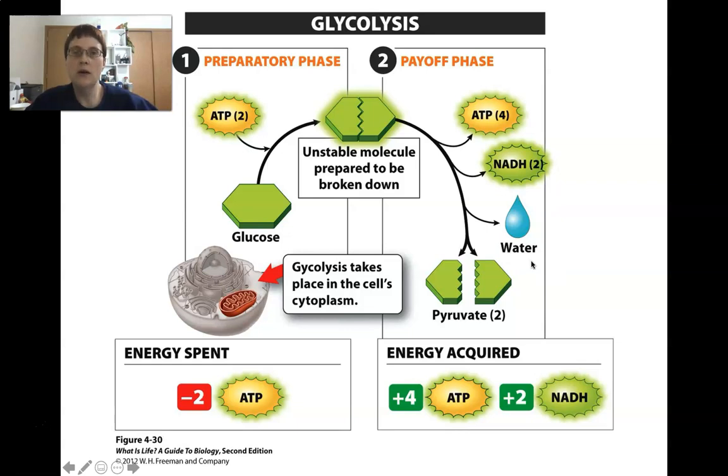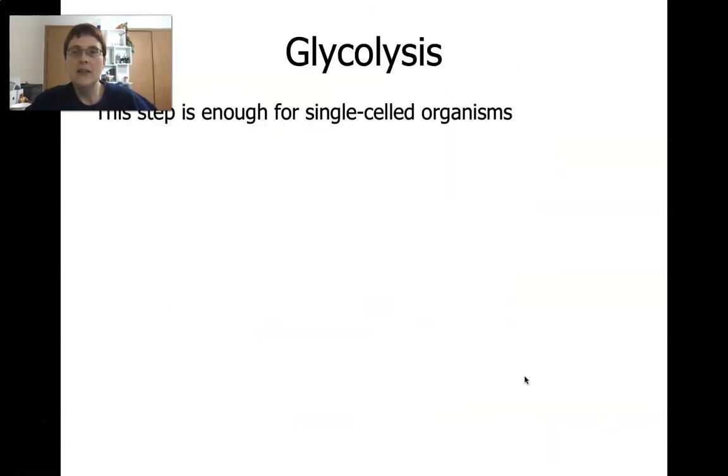And we also make water. So we're going to make energy molecules, ATP and NADH. We're going to make water, and we're going to make the 2 new pieces called pyruvate. So we've taken the glucose, broken it in half, and we've made 2 pyruvate molecules. That gets us to the end of glycolysis. So glycolysis, again, happens in the cytoplasm. And at the end of it,